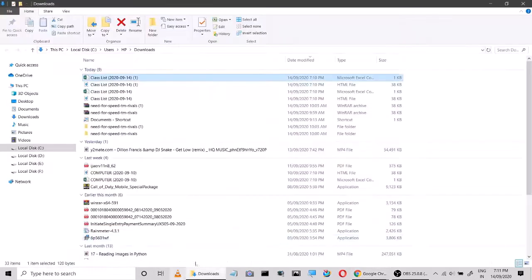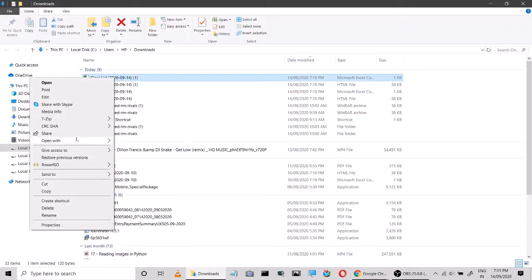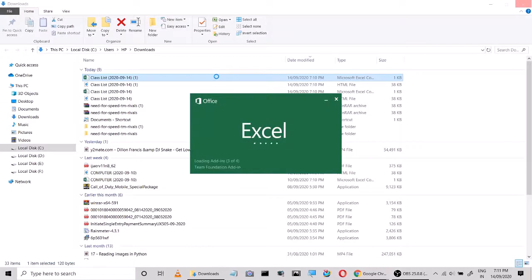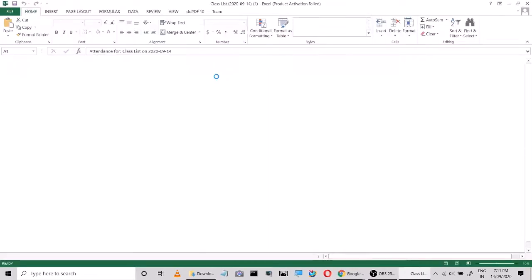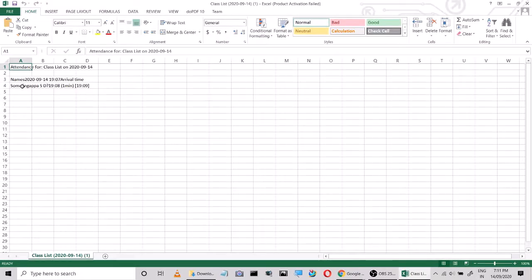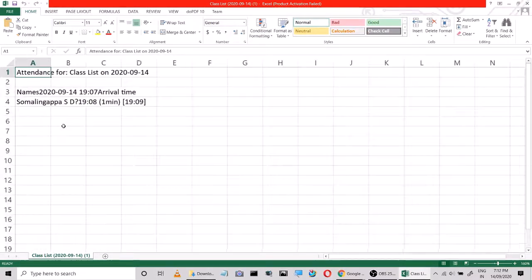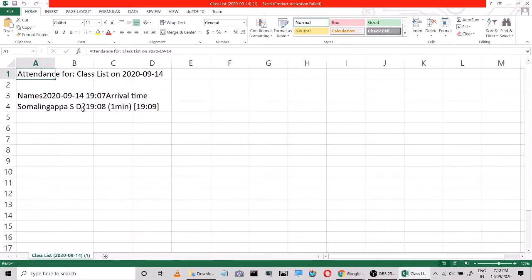If you look into the Excel file format, you can observe here. Joined at 7:08, retained in the meeting for 1 minute, then left at 7:09.